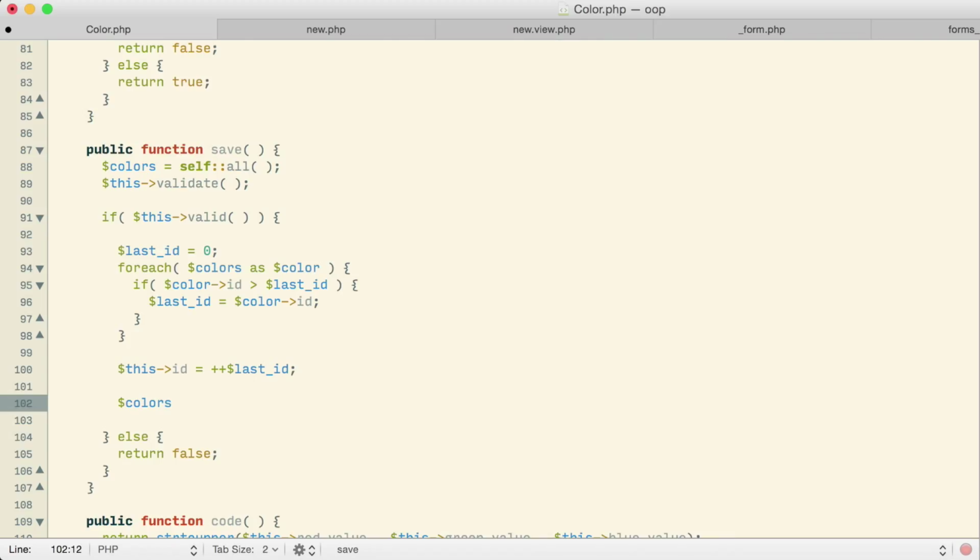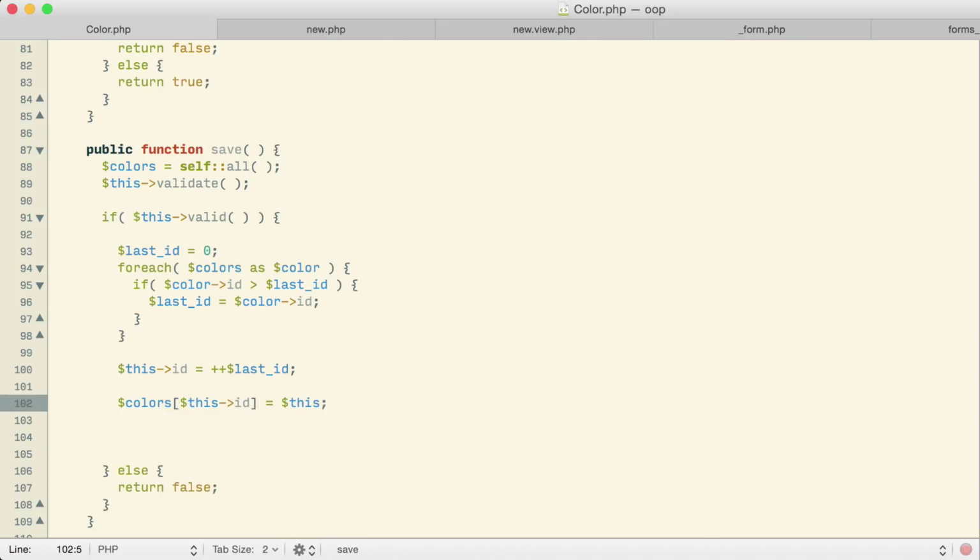So I could then say into the colors array, into the position indicated by this object's ID, store this object. Once this object has joined all the other colors in the colors array itself, I would then want to save it. I guess the only trick there is that that colors array is a local colors array here, not necessarily the master colors array, the static colors array up at the top.